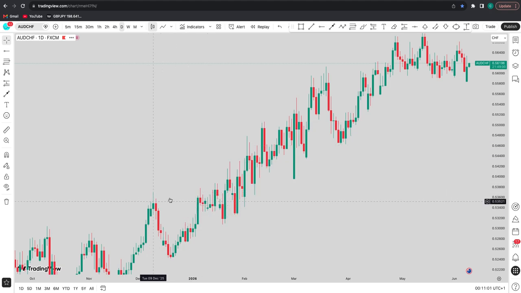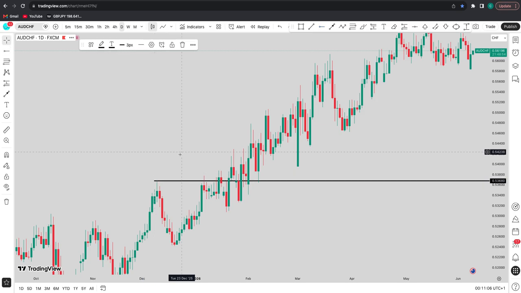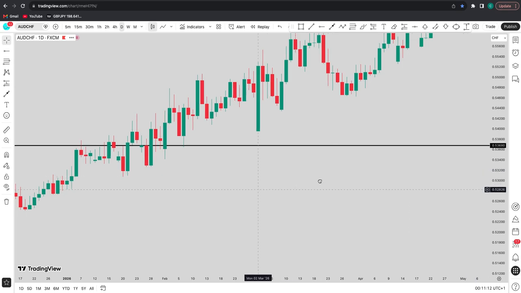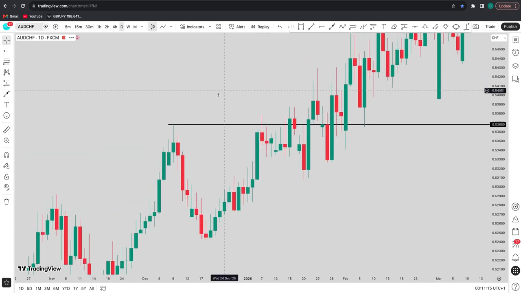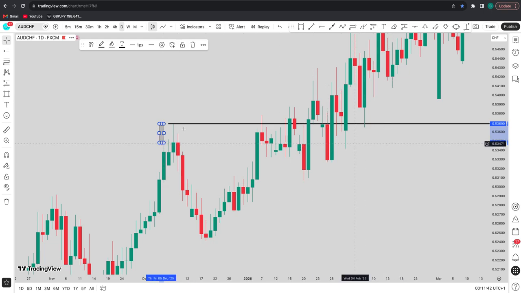So if this is my resistance level now, this was the highest point of the market. I'm talking about this level right here. If this is the highest point of the market, how do I just take this horizontal line and just put it here? No, I will take out my box. I will plot it from the highest point where the market went to. You see the main candle, from the highest wick to the body. This is where I will plot out my zone, then extend it